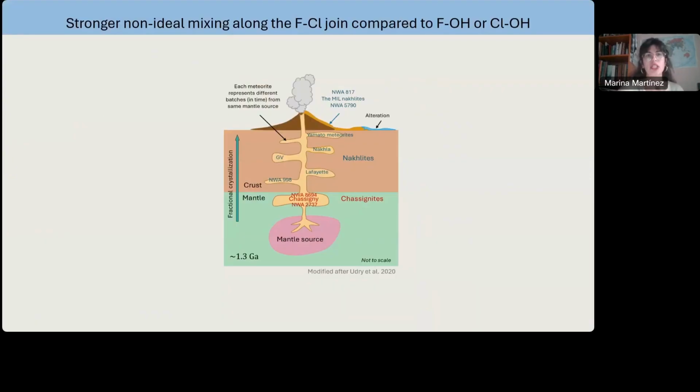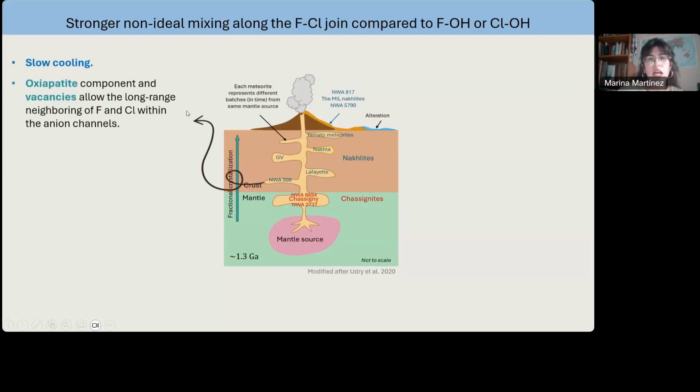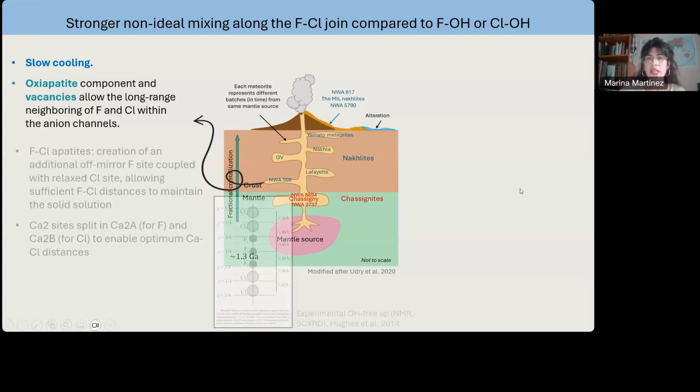So going back to here and also taking into account the stronger non-ideal mixing along the fluorine-chlorine join compared to fluorine-OH or chlorine-OH, we see that Northwest Africa 998 has slow cooling and has more time to develop these sub-microstructures during subsolidus cooling, where vacancies are really key to stabilize this fluorine-chlorine within the anion channels. Whereas,